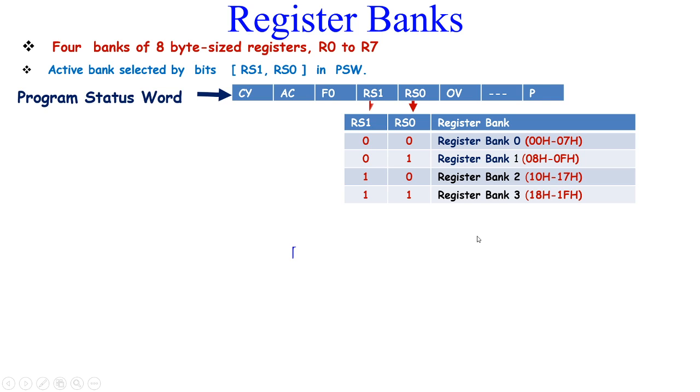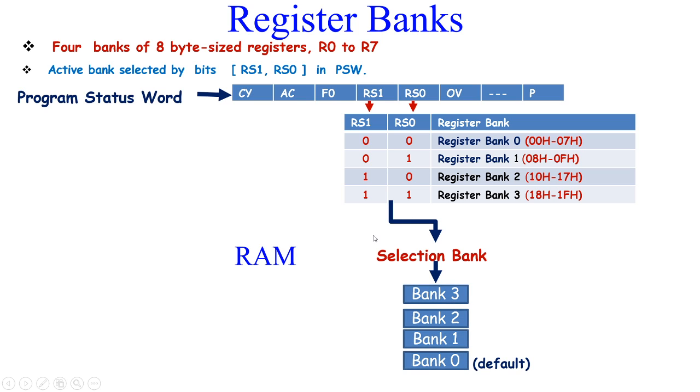So these are the 2 flag bits, and this is how the bank gets selected. 00: register bank 0 of the random access memory is selected, with addresses from 00H to 07H. 01: register bank 1, 08H to 0FH. 10: register bank 2 is selected, 10H to 17H, and 11: register bank 3 is selected, 18H to 1FH.